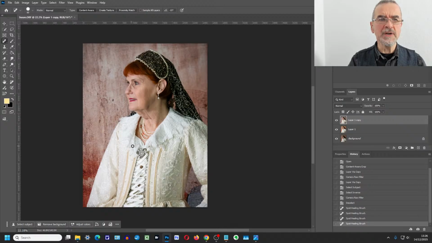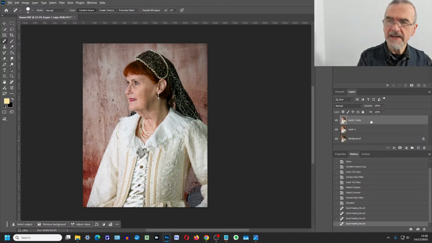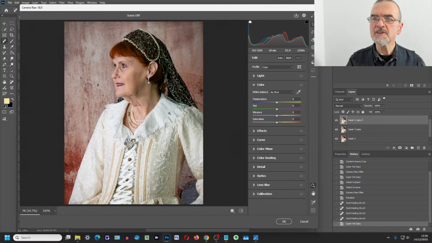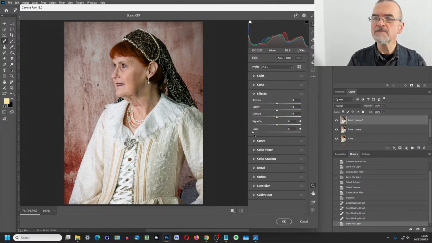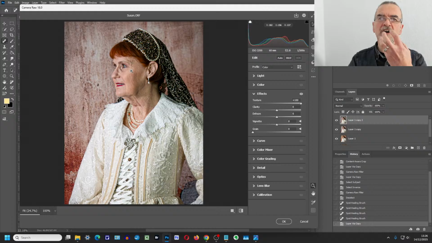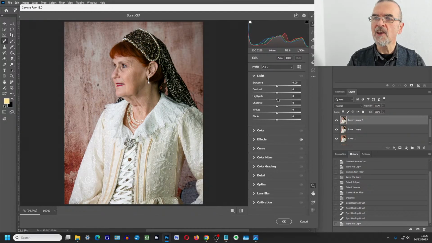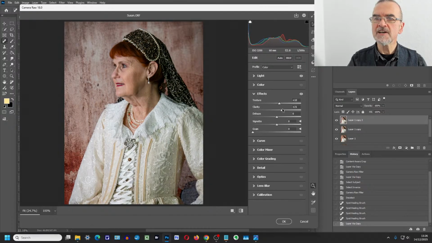The other thing I would really like to do is bring out more texture in the waistcoat. So if I duplicate that layer again, we'll go back into Camera Raw, and I'm going to play around, just thinking about the waistcoat, not our face, because if we go to effects and I do texture, you see one of the first things, as well as a lovely boost to the texture, is the wall becomes busy, and it also makes her face look harsher. So we have to think about that. All I'm going to do is mask it off. I just want to bring out that little bit more texture. In fact, I'm going to take the highlights down a little bit, because I want to bring out more in this lace. Maybe a little touch of clarity.